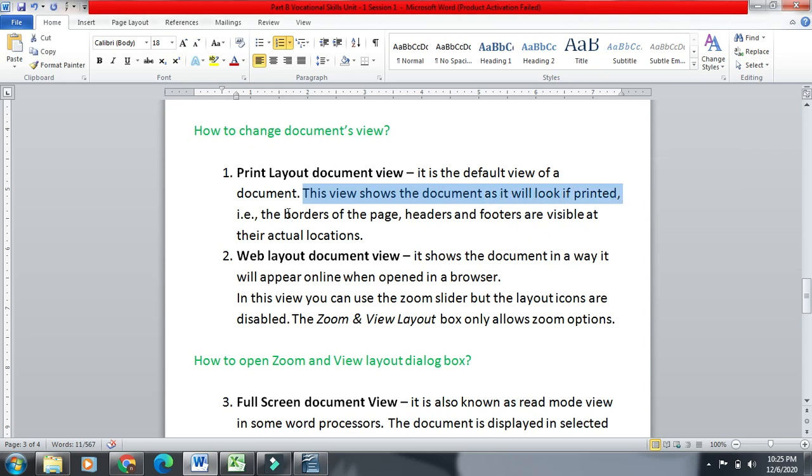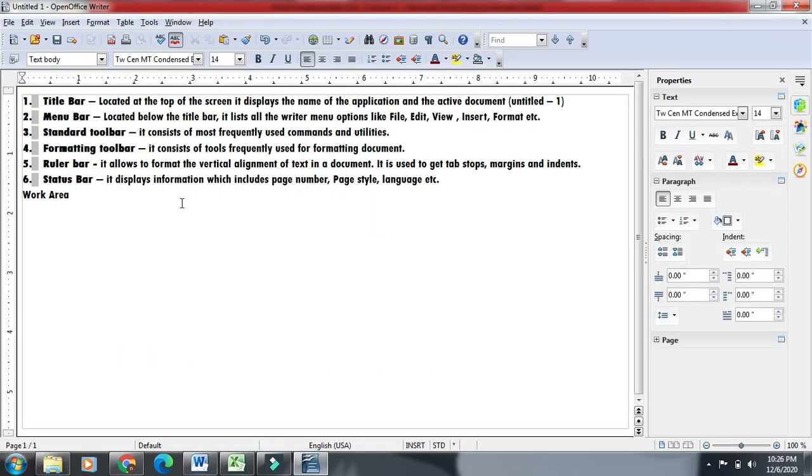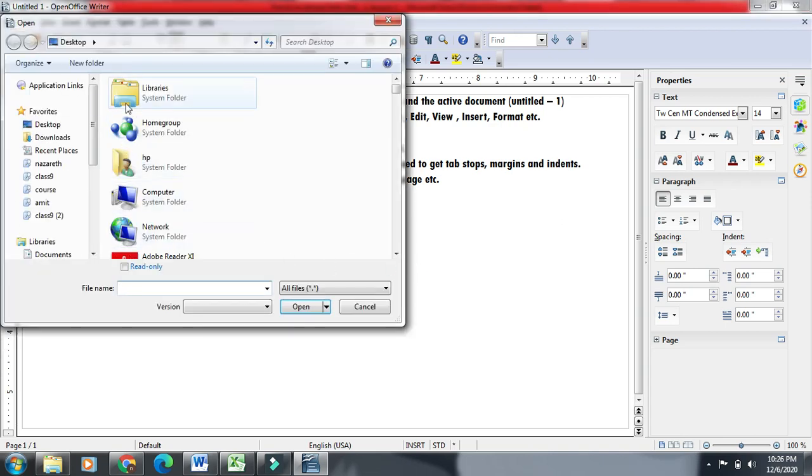Means the borders of the page, the margins, the headers and footers are all visible at their actual locations. Suppose here I go for open, suppose I have one file.